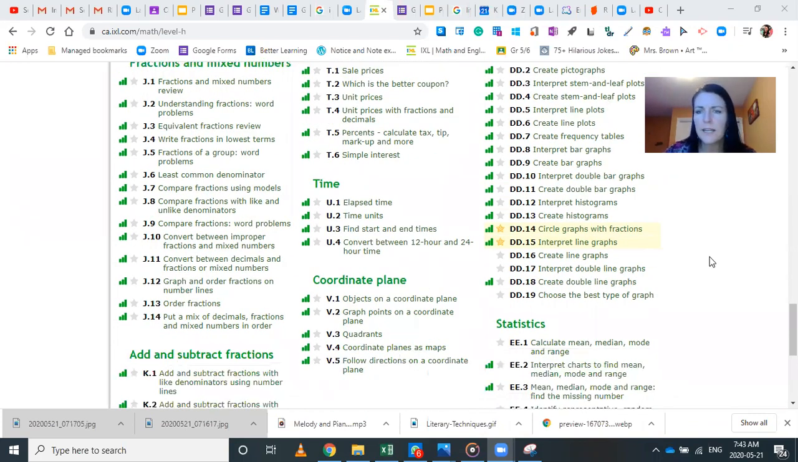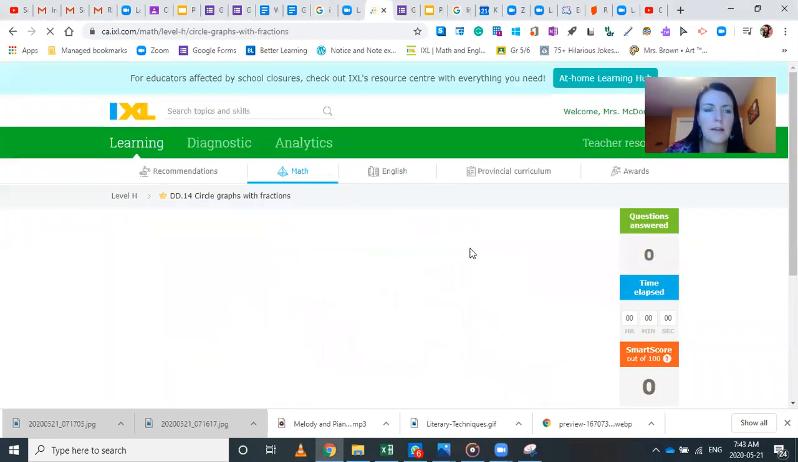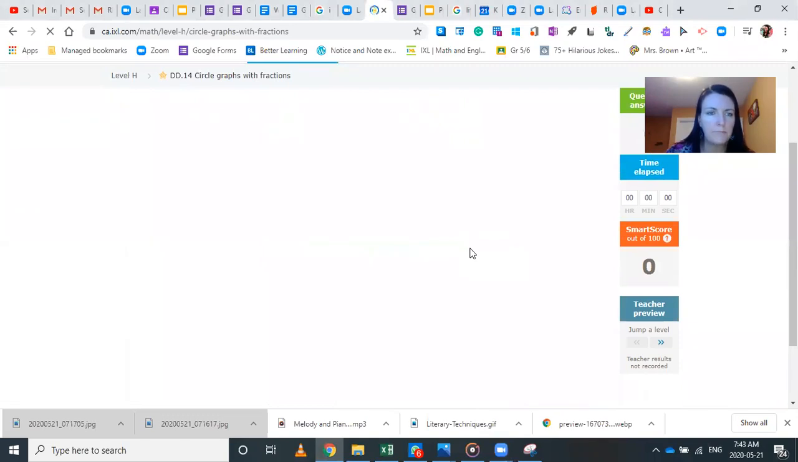Okay, so we've done a whole lot of graphs. Today we're going to be looking at circle graphs and circle graphs with fractions. And then also looking at line graphs, interpreting line graphs. So let's have a look at circle graphs today. First,